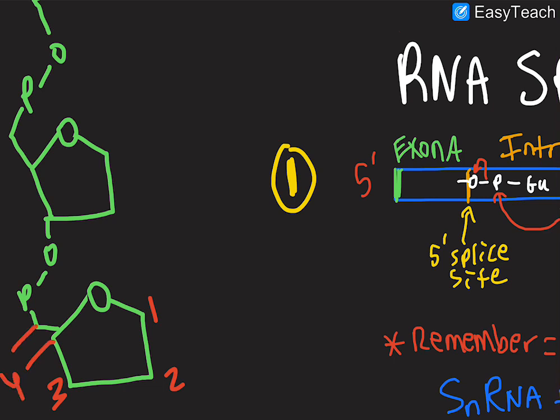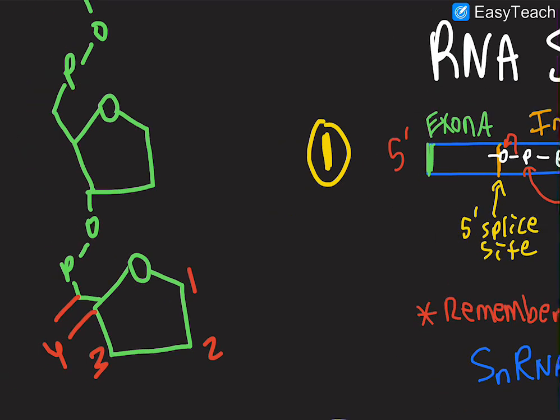Then this right here is the 5th carbon. Off the 5th carbon, we have the phosphate. So that's this phosphate right here. That's the 5' phosphate because it's on the 5' side. Then this 5' phosphate is connected to this oxygen